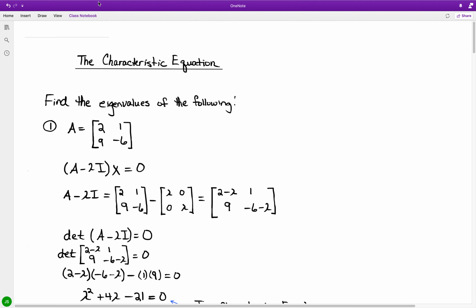Okay, so in working with eigenvalues and eigenvectors, in the continuation of these topics, we have the characteristic equation, which will be a key component in evaluating what are regarded as eigenvalues. And as an example of determining eigenvalues, we have a given 2 by 2 matrix A